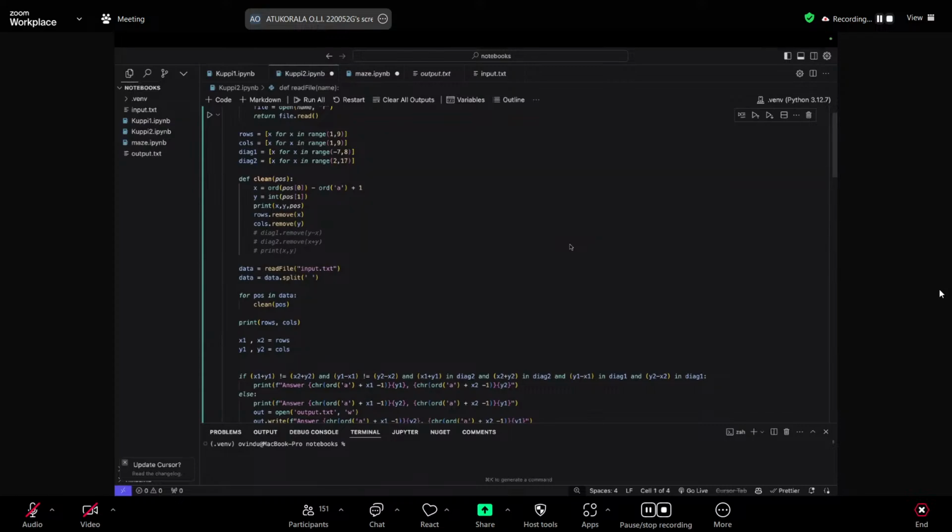And so a diagonal is a straight line. What if I can represent a diagonal using an equation, right? So if you can do that, then you can remove the diagonals that already have a queen inside them. And then you'll be left with only diagonals that your queen can stay in, right?